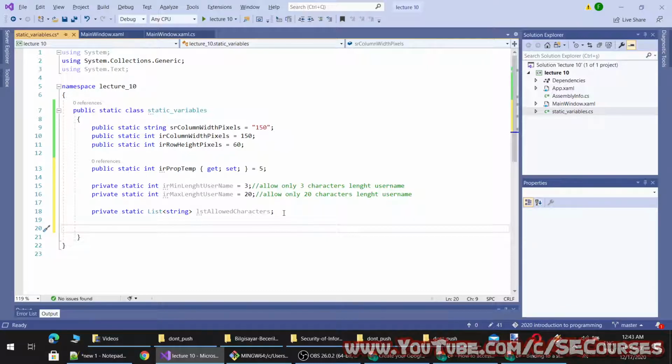A constructor is a method which is called whenever this class is created. Even static classes are initialized one time, when they are first accessed. Inside here, the constructor is written like this: static, with the same name as the class name.